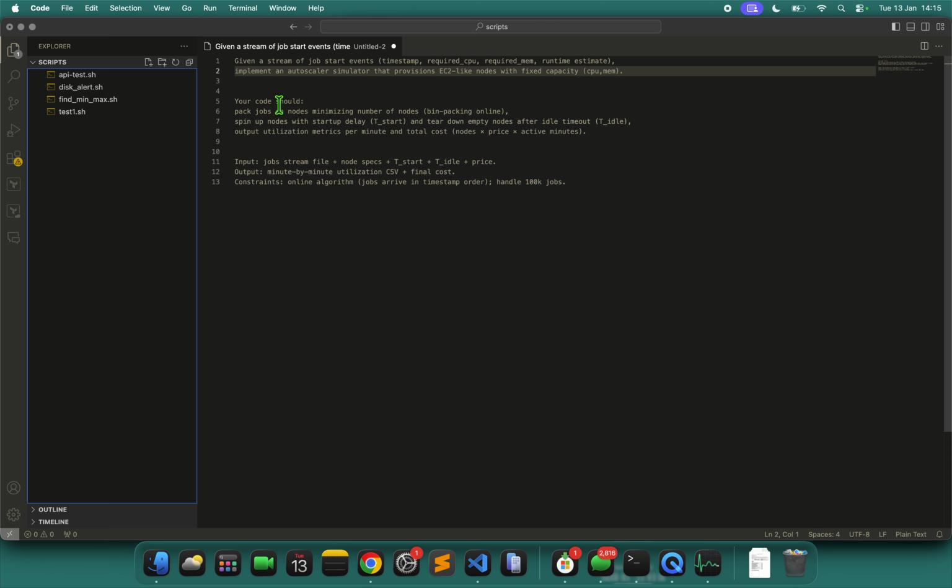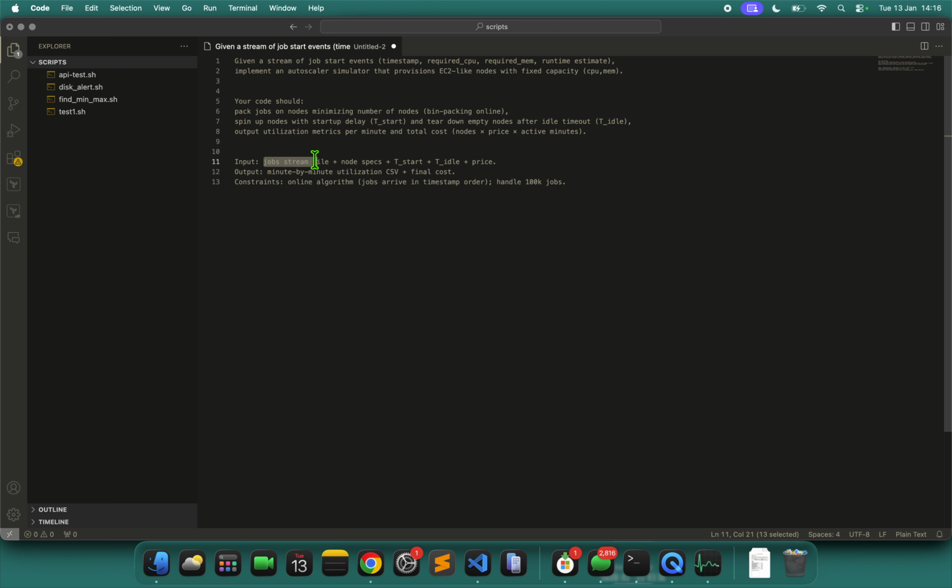Your code should batch jobs on nodes, minimizing the number of nodes. Spin up nodes with a start delay T and tear down empty nodes after idle time T idle. Output utilization metrics per minute and total cost.